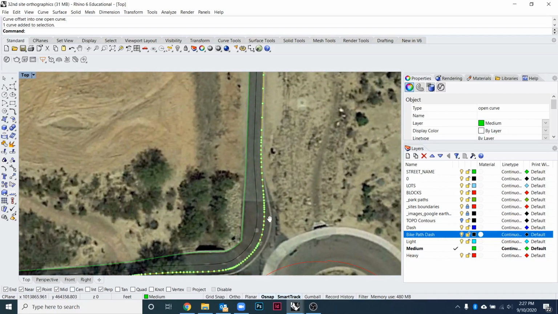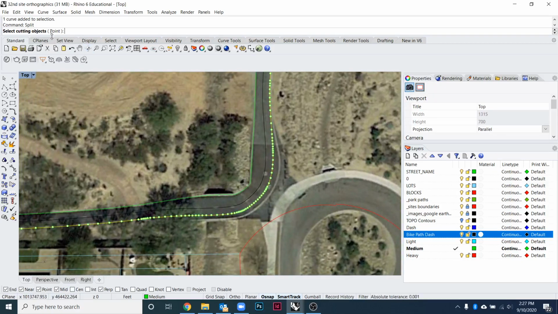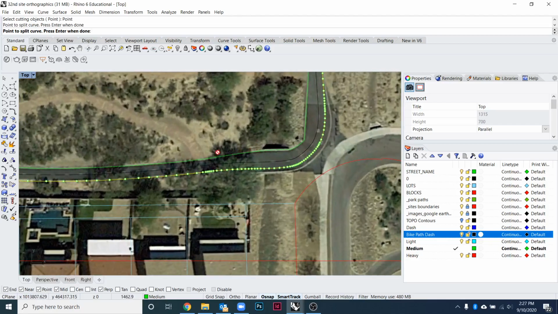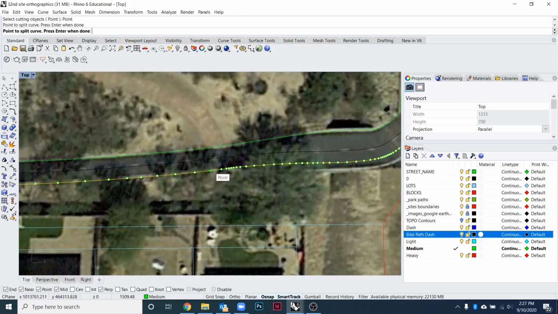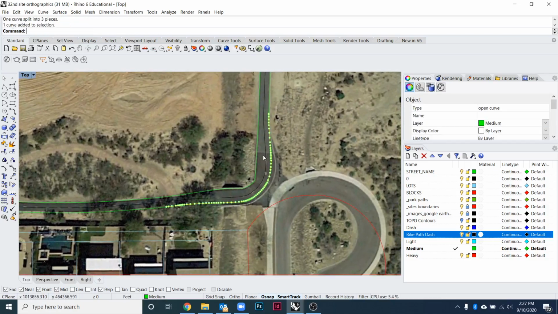What I could do is split this line. I'm just going to type in the command split without selecting anything. Rather than draw some other curves to split it, I'm going to use the option point. I'll just click up there. I like that. So that's separated this segment. Now I can take this segment and